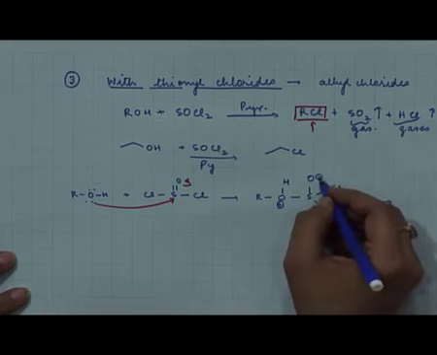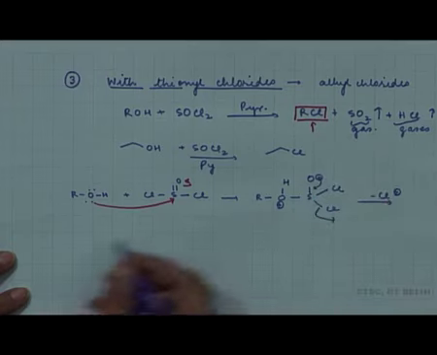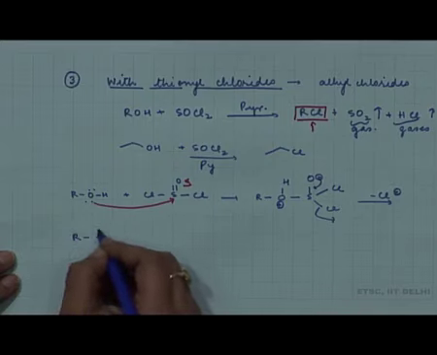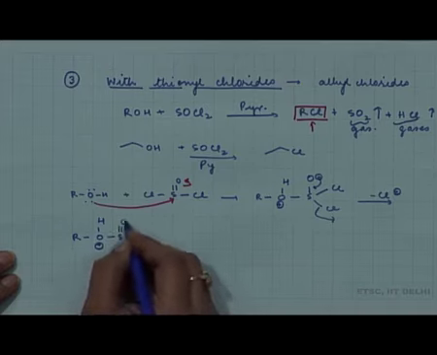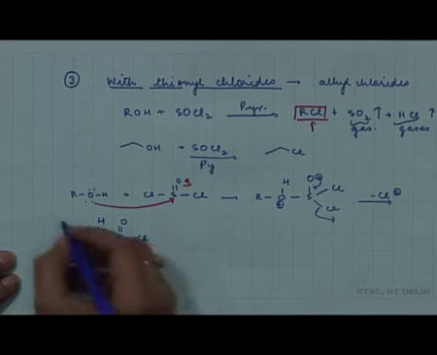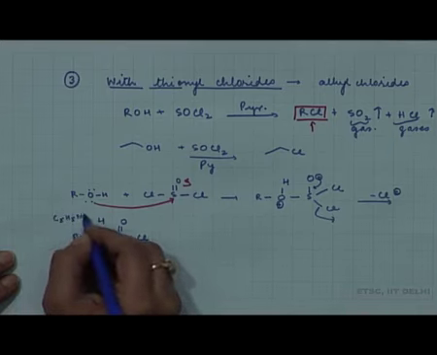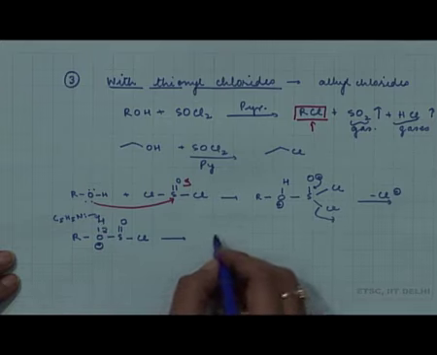Okay, which instantaneously undergoes loss of this Cl- to give you the corresponding intermediate. And now, since we have pyridine in the reaction medium, it picks up this acidic proton